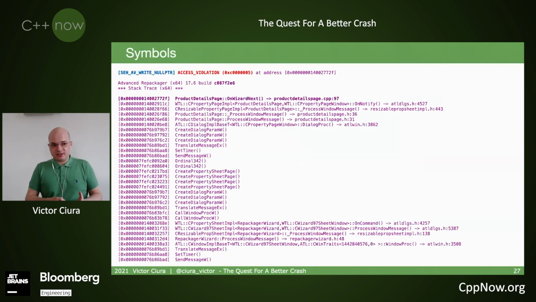And what you want to see is this. I'm going to draw your attention to the first important bits in this crash. For example, right away we have an access violation, a write through a null pointer, and you see the address of that access violation, and the call stack for how you got there, including source information, file and line number.